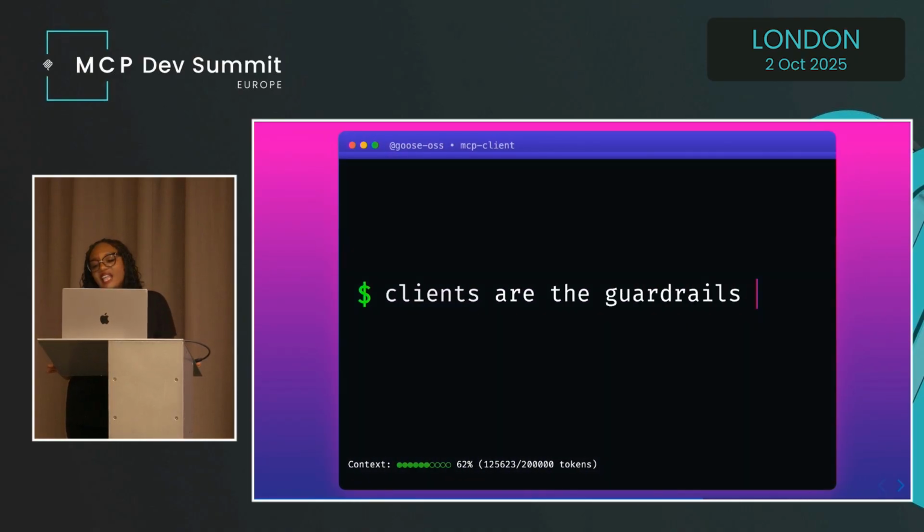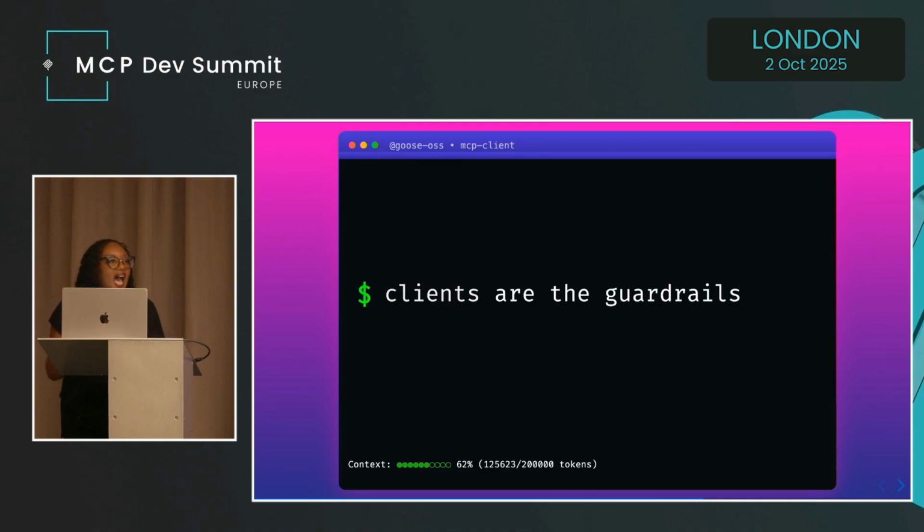Now, when I say that clients determine what's possible, I don't just mean the features. I also mean safety. So think about it. The servers expose the tools. That might be APIs that write to your code base, or maybe pull data from a system, or even trigger workflows in production, right? That's a lot of power. And I'm sure I don't have to remind you all of the horror stories that we've seen over the past year around ill intentions, as well as some that are just innocent yet harmful mishaps.